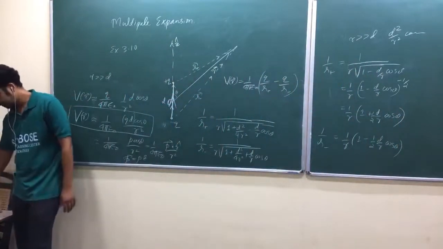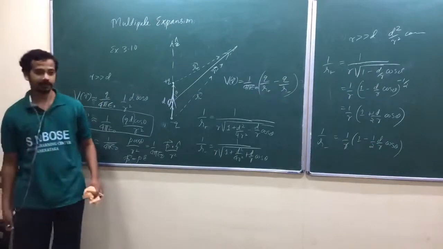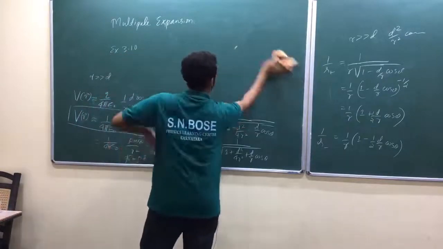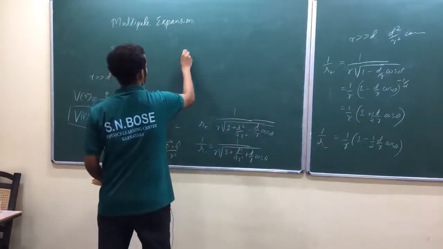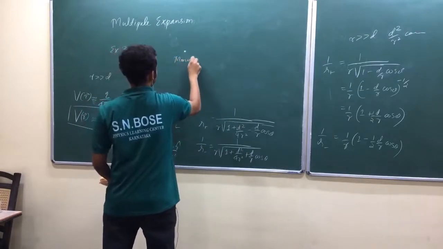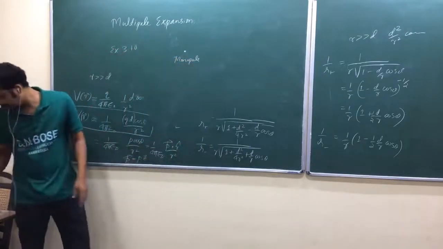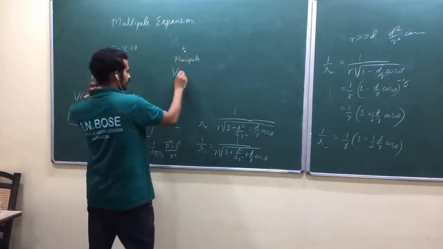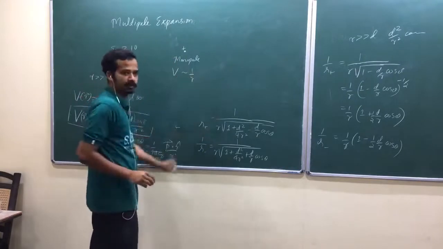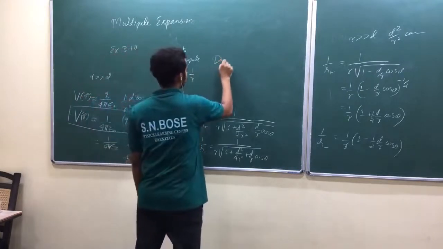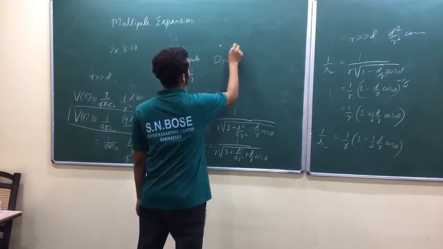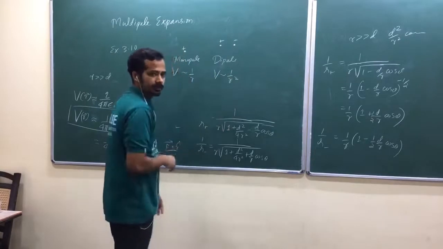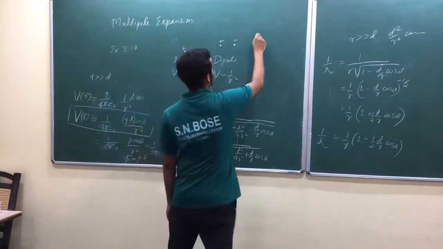Wait a second. Now he has given an idea. Look here. If you have a monopole, plus q charge, only one charge, its potential falls like 1 by r. If you have a dipole, so plus and minus, its potential falls like 1 by r square. We have seen this here. If you have a quadrupole,